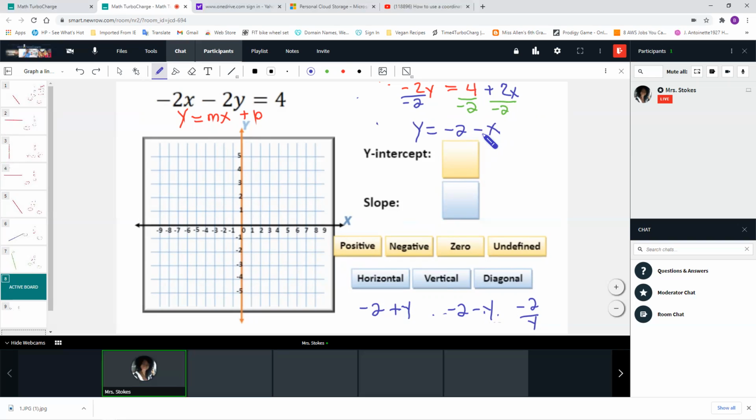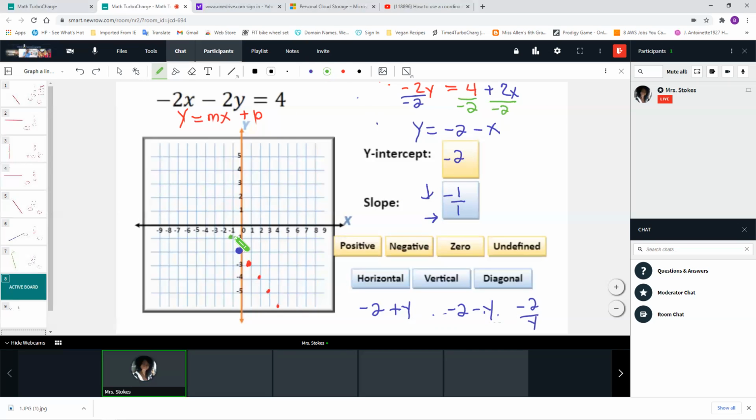So here I can see my slope is -x, which is -1 over 1. And my y-intercept is -2. So now I can graph this line. I have to start at my -2, put a dot there. My slope says negative, so I go down 1, and then I go to the right 1. Okay. So let's go ahead and create this line using our slope. Down 1 and to the right, down 1 and to the right, down and to the right, and down and to the right. All right, now I'm going to extend it by doing the opposite, going up and to the